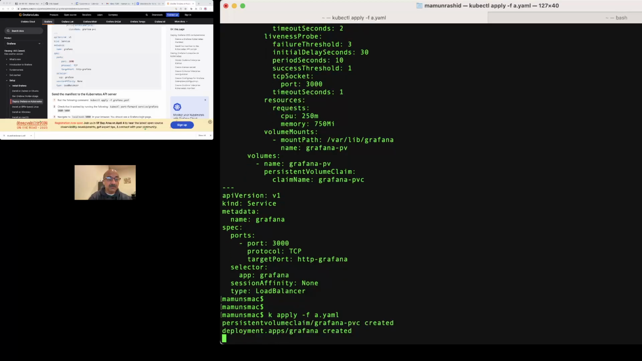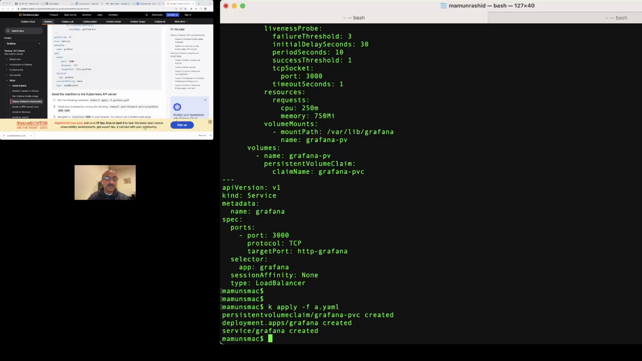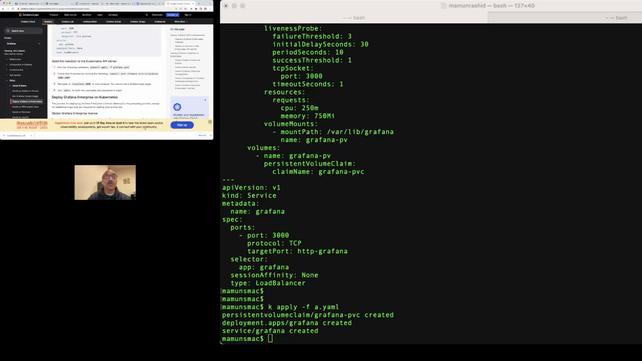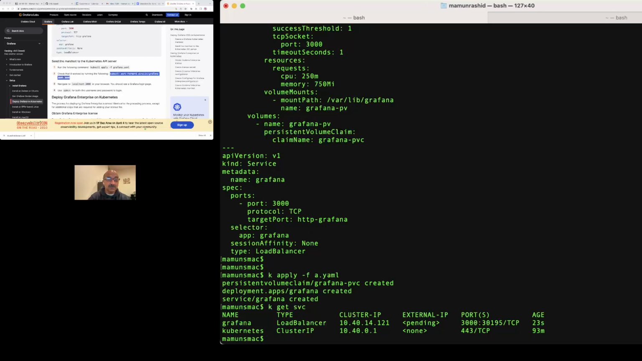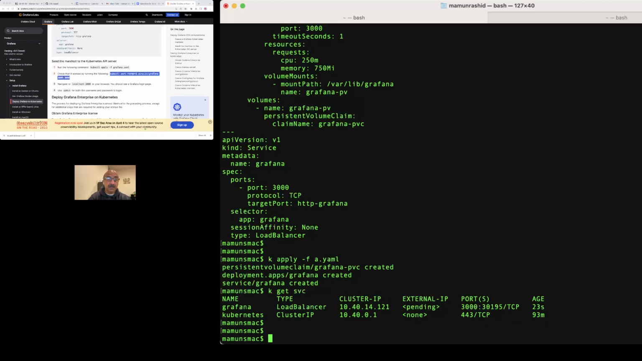and we will create three different things. It creates a persistent volume, basically a disk. It creates a deployment, and it creates a service. Once you do that, all we have to do is port forward to the service that's running. So if we do kubectl get svc, you see that Grafana is already running as a load balancer service. Now we're going to port forward to that